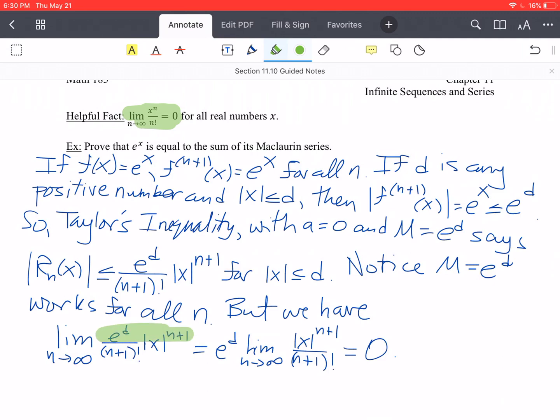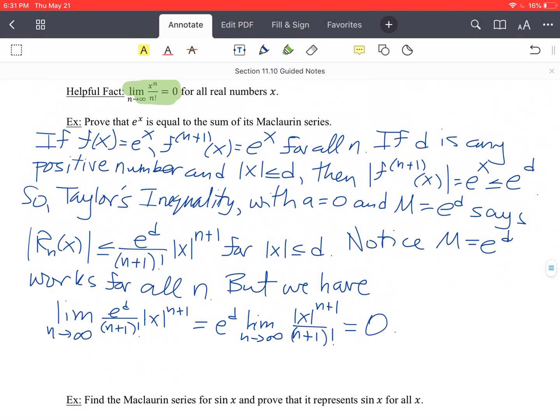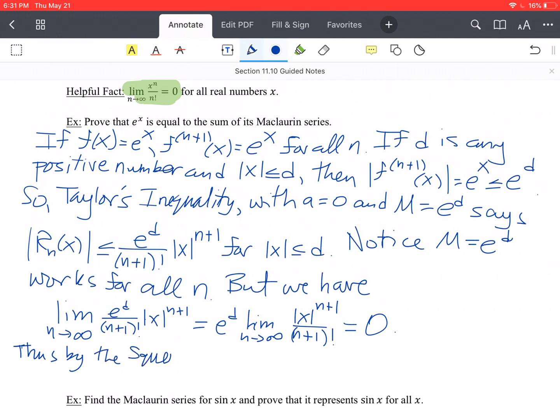But since this expression here is heading to 0, and this is the absolute value of the remainder, this must be going to a smaller value than that, or equal, right? But it can't be negative, so the remainder is going to have to be 0 as well. Okay, and this is actually by a theorem from your Calc 1 days, that's the squeeze theorem. So thus, by the squeeze theorem,